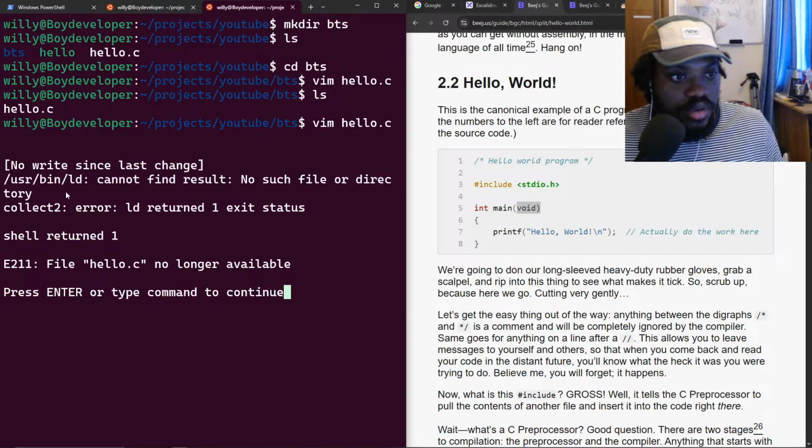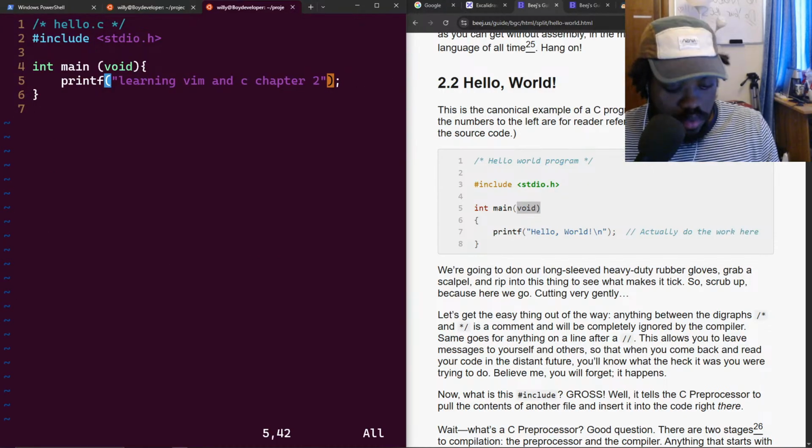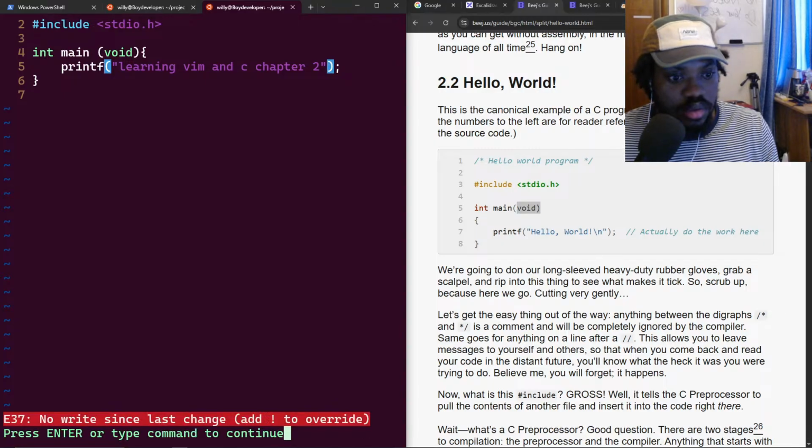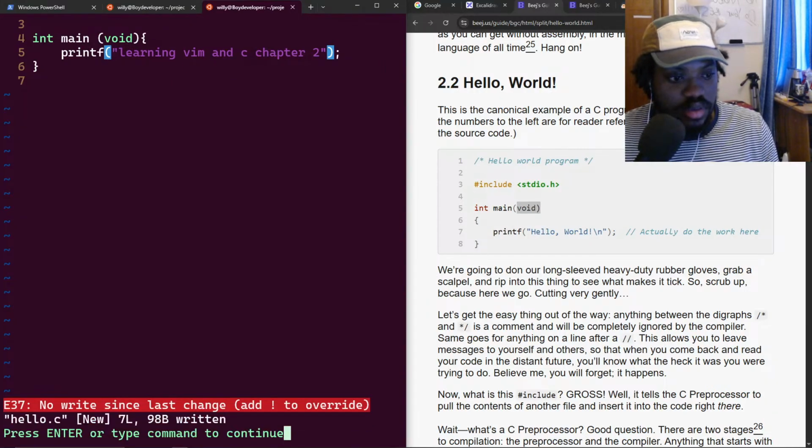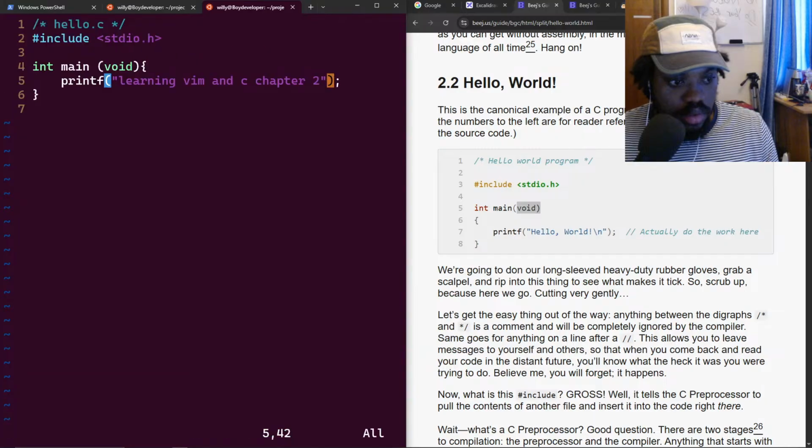Cannot find such directory. What just happened? Hello.c no longer available. Okay, so I must have made a mistake here. Let's exit Vim quickly. Okay, let's save this. Okay, and then let's go out here,